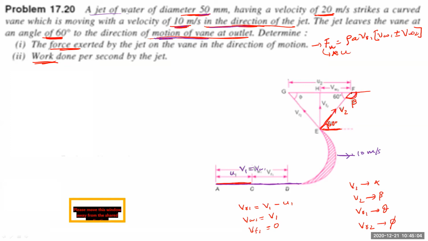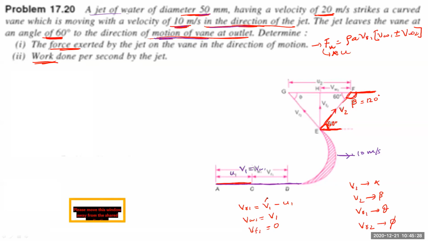Now, since two parallel lines are being intersected by this straight line, this is your first parallel line, the top one, and this is your second line. This is 60 degree. So this beta will be 120 degree, because the sum of this angle and this angle is 180 degree. So from here you can get the idea of what is V2.